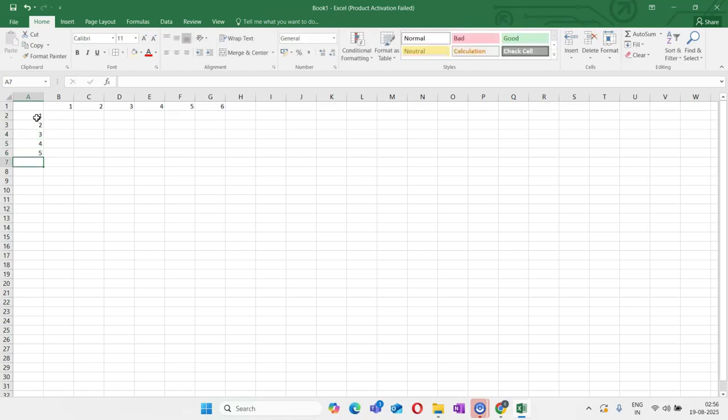All right. Now, we'll apply a simple formula over here. In my B2, I should get 1 multiplied by 1, 1 multiplied by 2, like that, right? Or 1 multiplied by 1, 2 multiplied by 1, like that it should go on, isn't it? So let's see how it works.